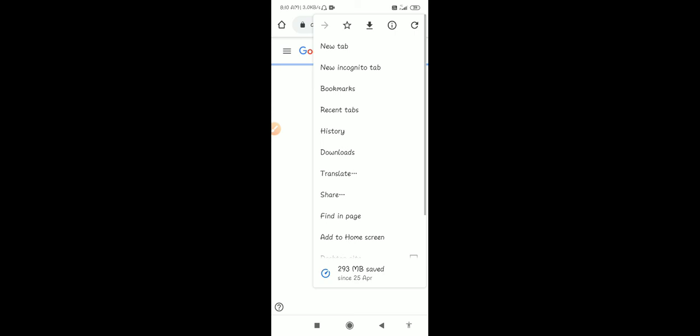It will open like this. Just log in with your Gmail account. I am logging in with my Gmail account. Okay, don't forget, it is classroom.google.